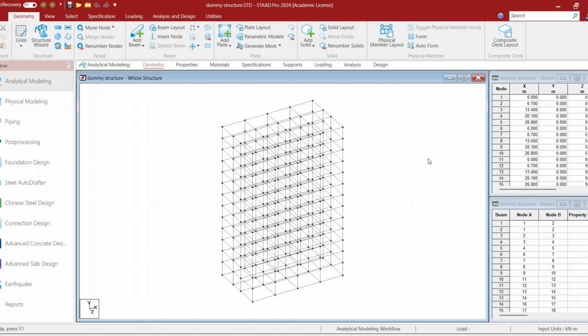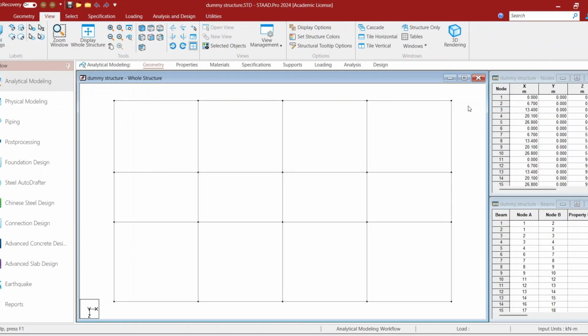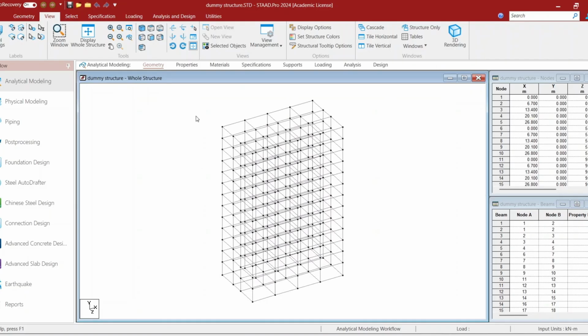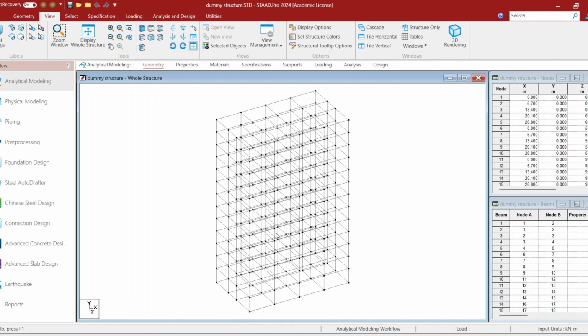In the previous video, we discussed how to draw this. If I show you how to draw these grid lines, means how to create one grid. In the first lecture, I showed you, and in the second lecture, I discussed how to link one grid to another, and after that, how to create this type of complex structure. It seems complex, but it's not complex. If you watch the first and the second video, then you can easily understand how to create this in only